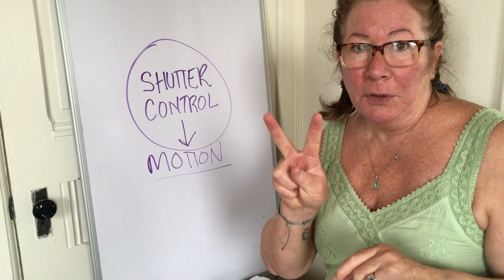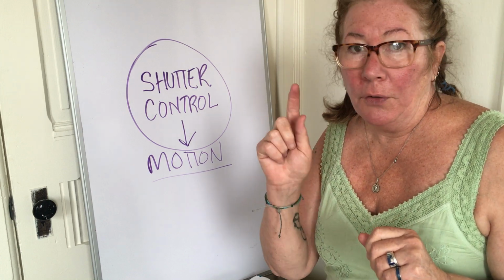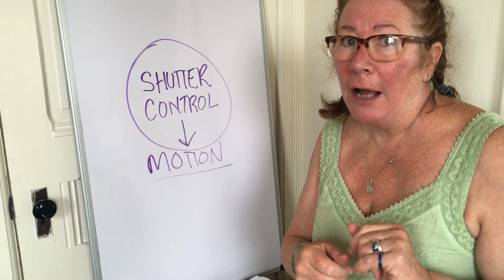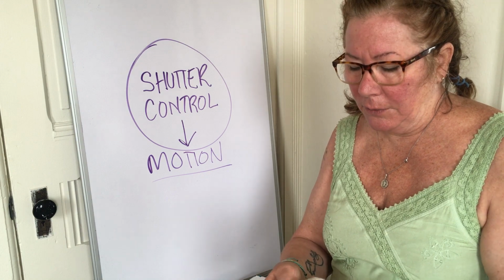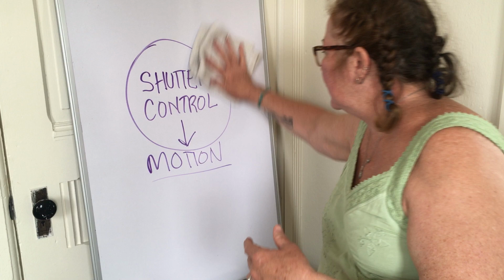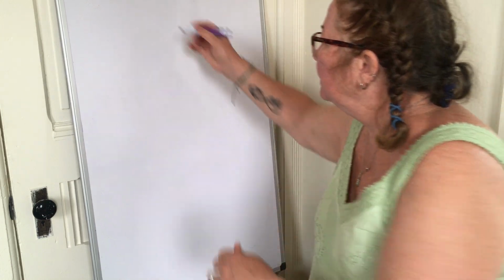So remember, there's two main controls on your camera that control exposure. The two main ones are your aperture and your shutter. The third one is your ISO, and we're going to talk about that in another lecture. But for now, I just want to talk about the shutter by itself for just a moment. This is a kind of a quick review. So your shutter,